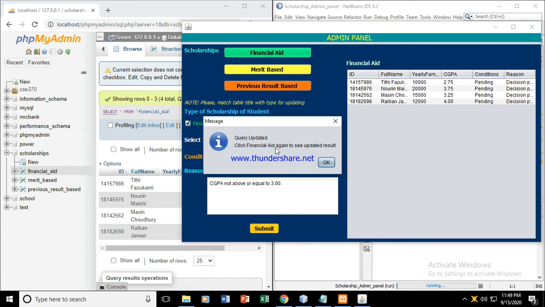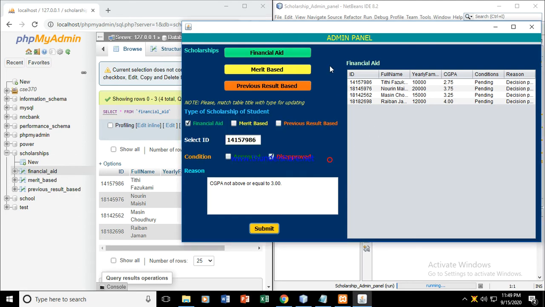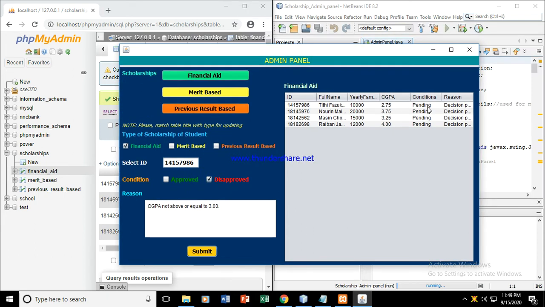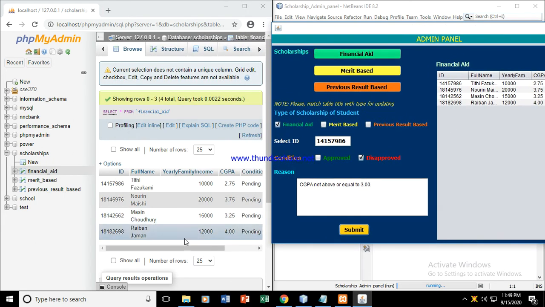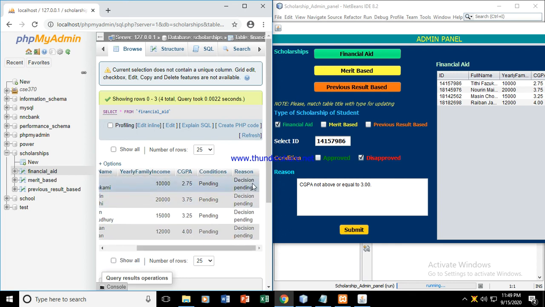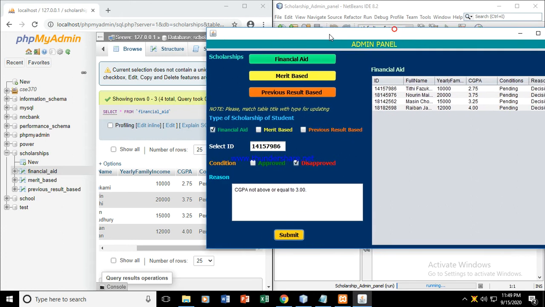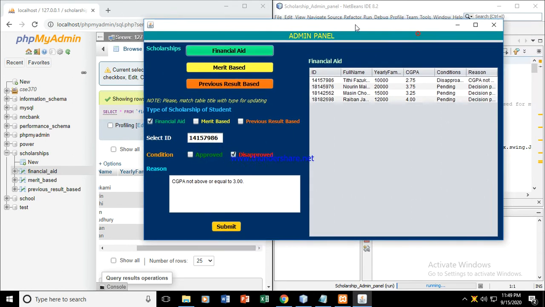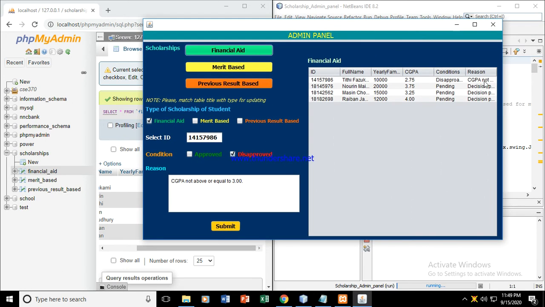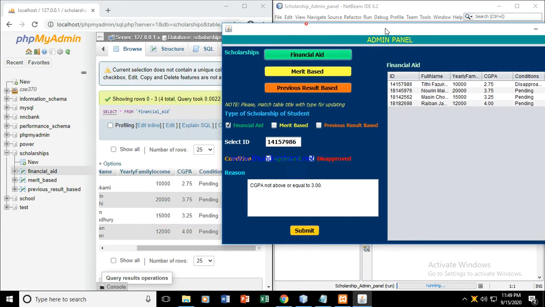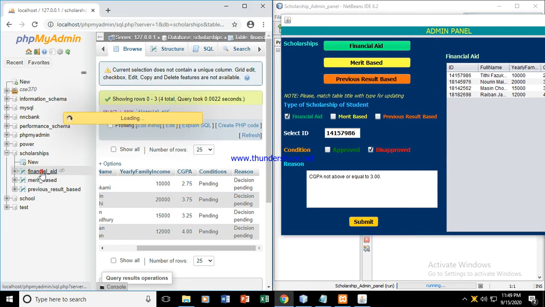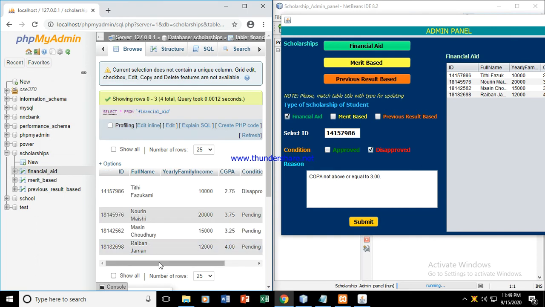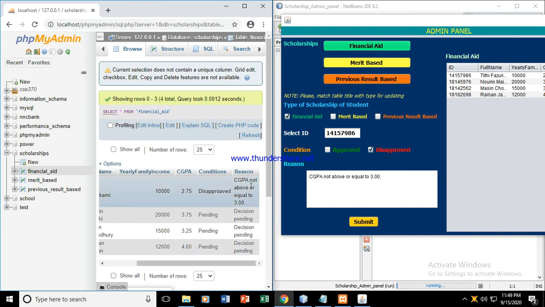We have to click the financial aid button again to see the updated result. As you can see, it's still written pending and decision pending. The same here. Therefore if we press it again, disapproved, CGPA not above or equal to 3.00. If we reload the table, disapproved, CGPA not above or equal to 3.00. Okay,